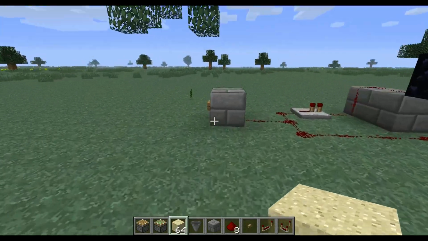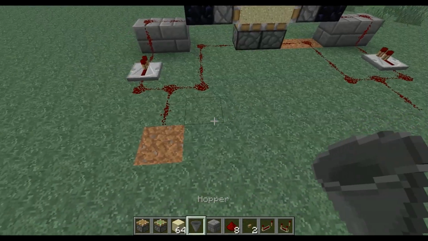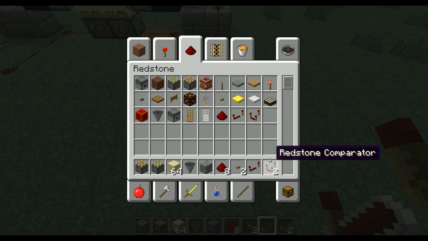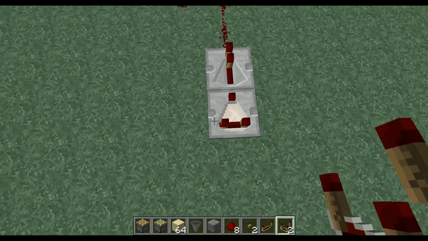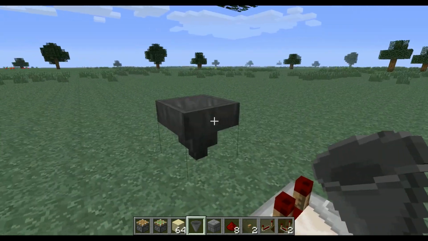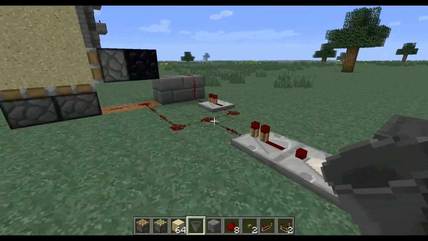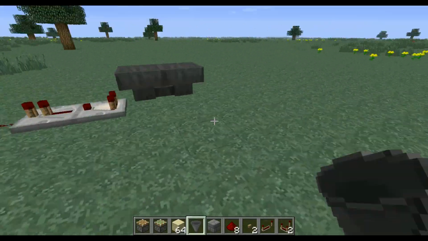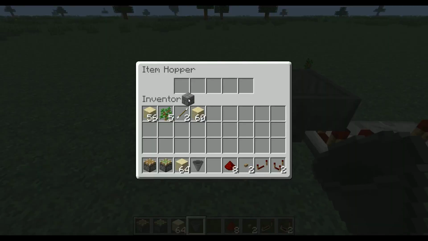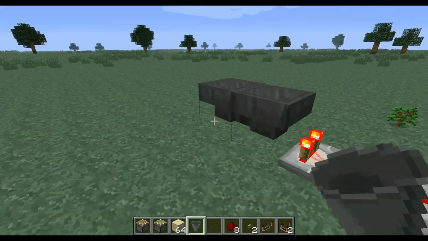Okay, and now in order to get it to pulse 3 times so that it raises a complete floor, what you're going to use is another repeater here and here, and you're going to take a comparator. You're going to place that here and here, and then you're going to need a set of hoppers. This creates a hopper timer, or a hopper clock. And the hopper clock works ideal for this because it has the right timing and everything. And you get the hoppers to face one another like this, and like this. And what you do is you put a single item in there. And you can test this. This keeps pulsing, and it eventually destroys sand blocks, but